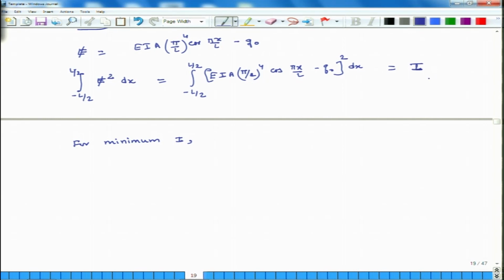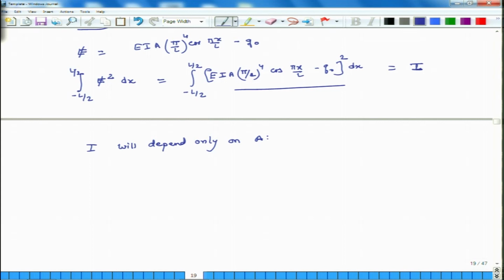Some derivative of I should be equal to 0 for a minimum or extreme maximum. Now, once I have for minimum I, before I do this, let us explain some things. Once I evaluate this I, what will happen? I will depend only on